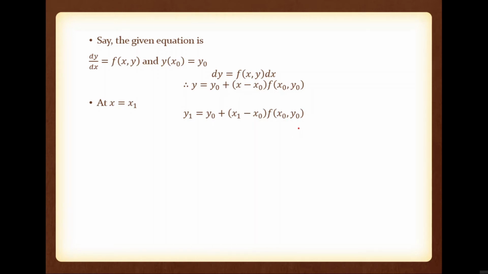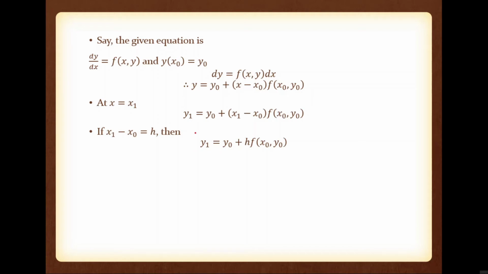Okay, so now we are going to replace x1 minus x0. Please note x0 is the initial value. If you are finding x1, that one is the next value of x0. So we can replace x1 minus x0 with h. For computation purpose only, if x1 minus x0 equal to h, then we can write y1 is equal to y0 plus h into f of x0 comma y0.